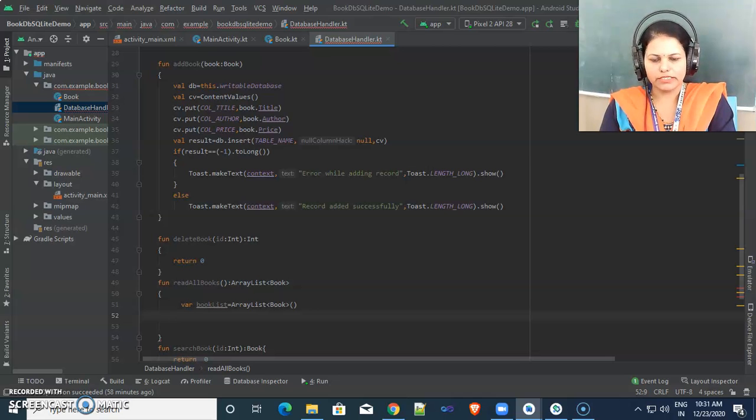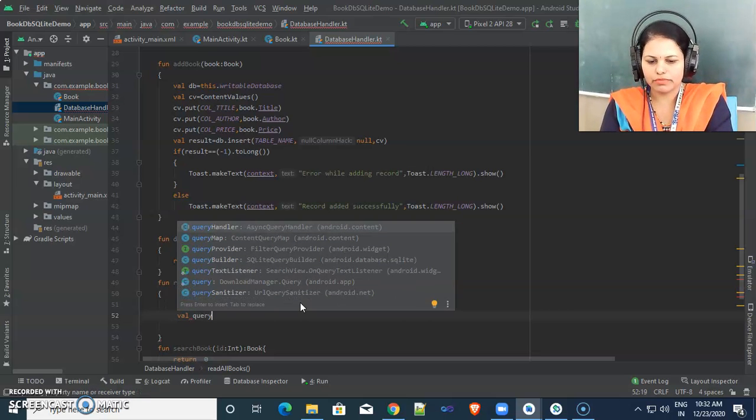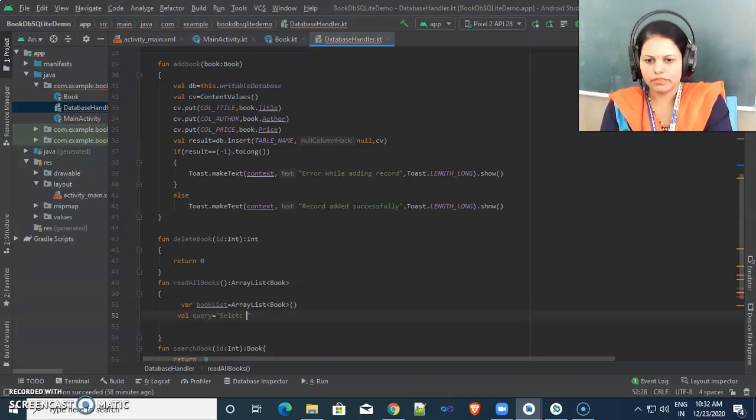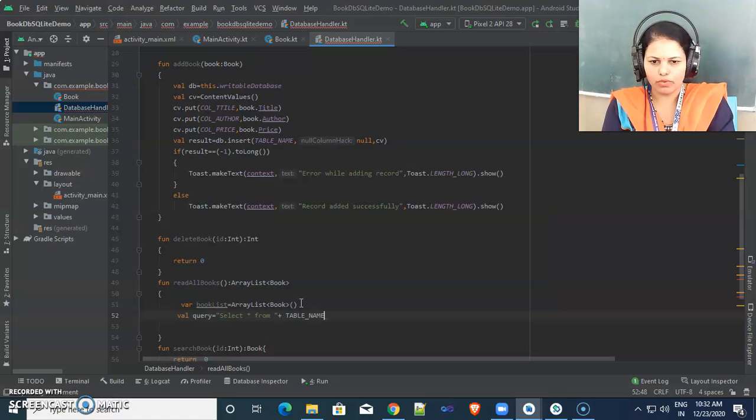Inside this array list, means book list, we are adding record information one by one. So first we need to give the query: select star from, what is the table name. We know the table name. So this is the query, select star from table name.